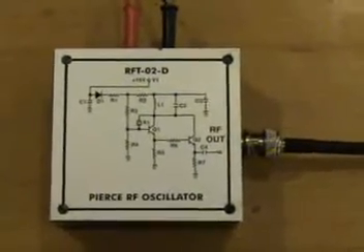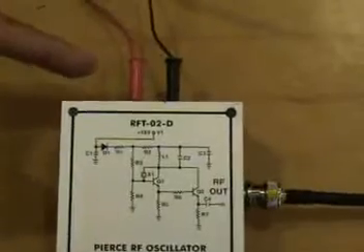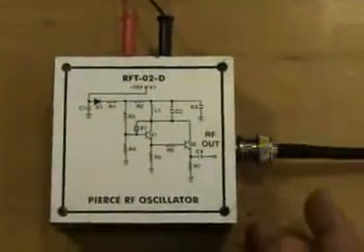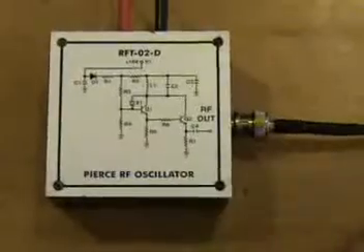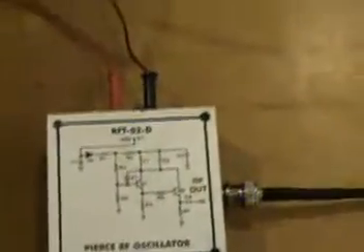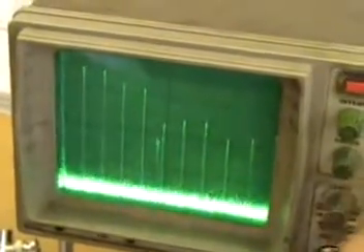We have a Pierce RF oscillator here, and we've connected a supply voltage of 15 volts to the VCC of the module, and we've connected the output of the Pierce oscillator to the input of the spectrum analyzer. As you can see, the output has a number of harmonics. The fundamental frequency